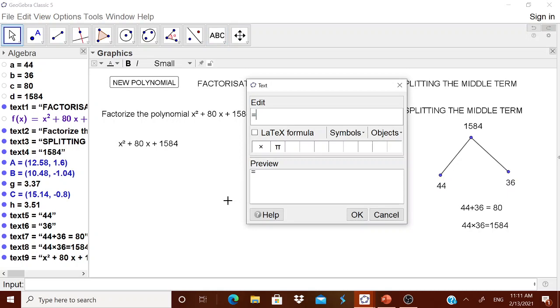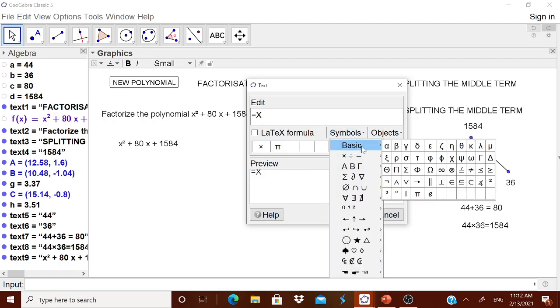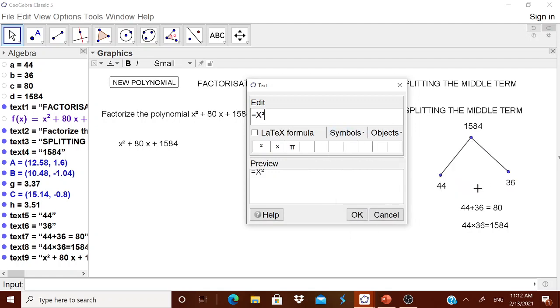Therefore is equal to, now you can use the latex formula. If you use the latex formula, x will look highly interesting. If you don't use it, there is no harm. Therefore x square, x from the symbol I will go for x square. Sorry, it should be small x, not capital X. Now 80 should be written as a plus b into x.